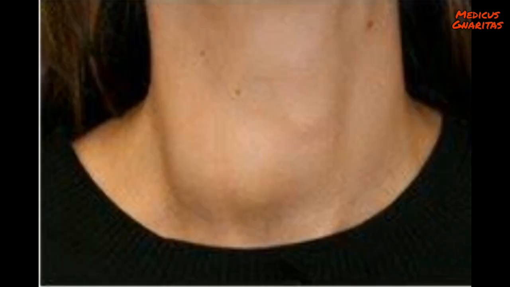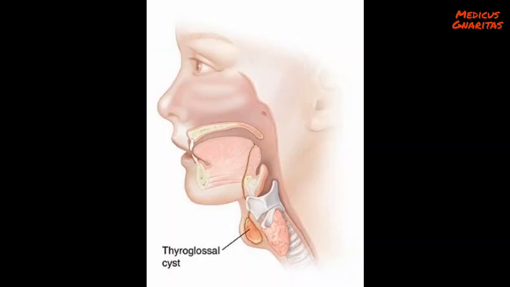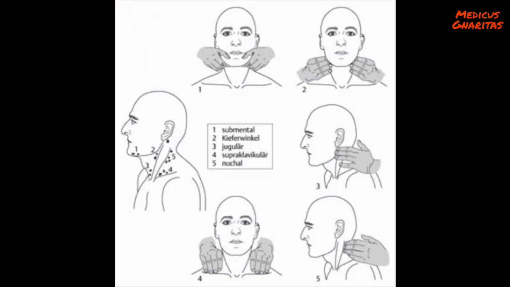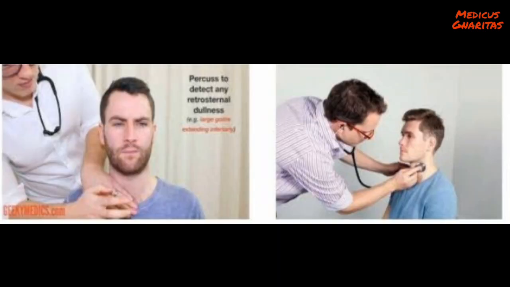Any lump attached to the pretracheal fascia will move upward on swallowing, that is a thyroid lump or a thyroglossal cyst. Then ask the patient to open their mouth and stick their tongue out. A midline lump that moves upward on tongue protrusion is a thyroglossal cyst. Then palpate anteriorly to check for tracheal deviation. Percuss over the sternum for retrosternal goiter, and finally auscultate for carotid bruits, thyroid bruits, and any other neck lumps. If pulsatile with bruits, suspect a carotid artery aneurysm.